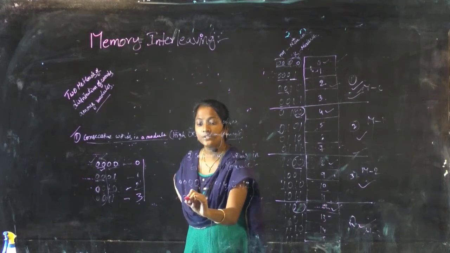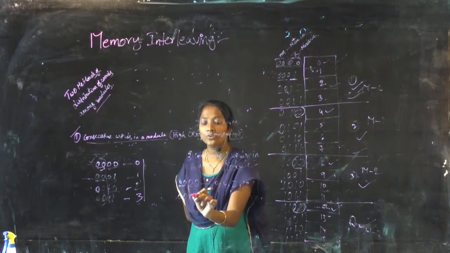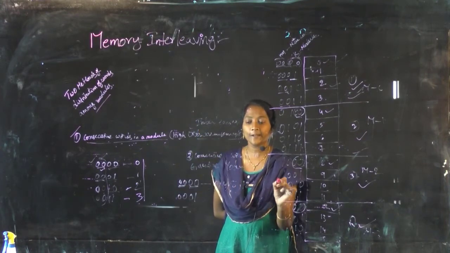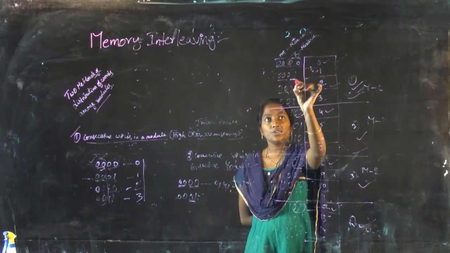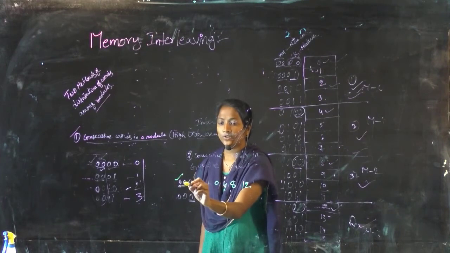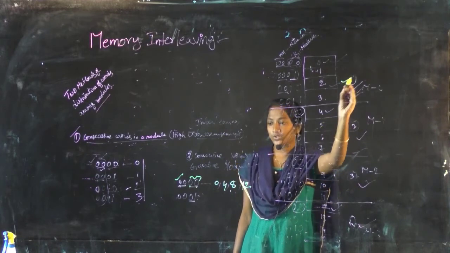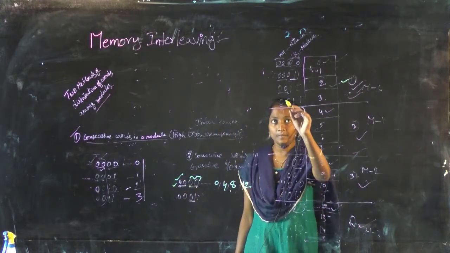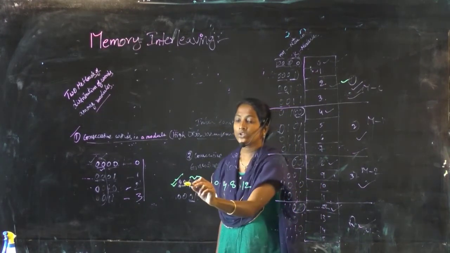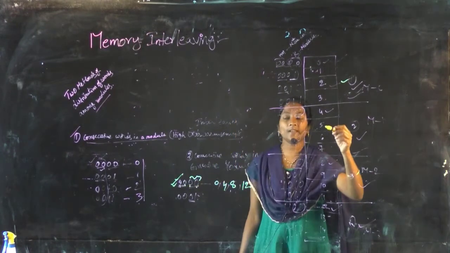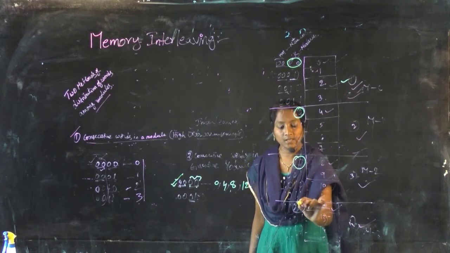Next, the processor sends 0001. Higher order bits indicate the memory location in that module, and lower order bits are used for selecting the module. So if the module address is 01, where is 01? Here, 01. Whenever the processor sends the address 0000, lower order bits are used to select the module and higher order bits are used to select the memory locations. So whenever this 0000 is sent by the processor, wherever the lower bits are 00, that particular module will be selected.